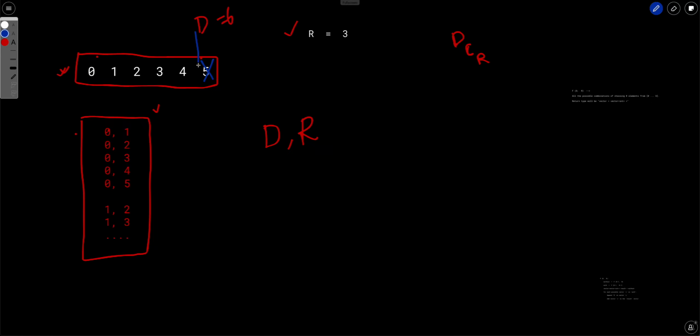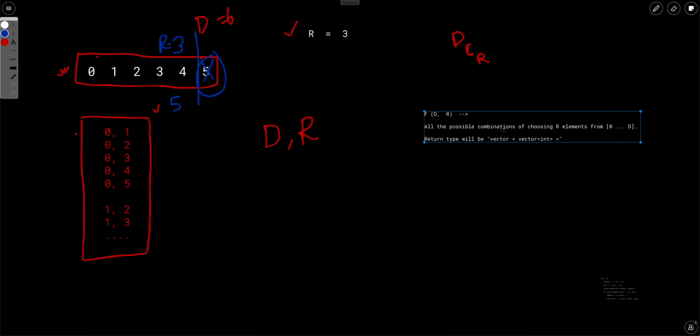In that case, what will happen is, we have reduced d to 5 because we have decided what to do with the last element. And we still have 3 elements to be picked up. So again we have reduced our problem set. We have reduced d in this particular case. I hope you can see the recursion here. Let's try to write down